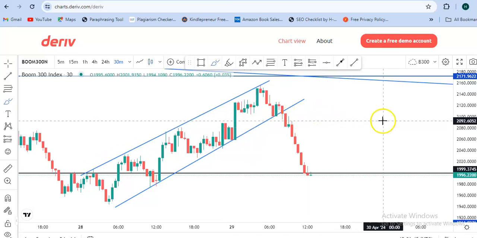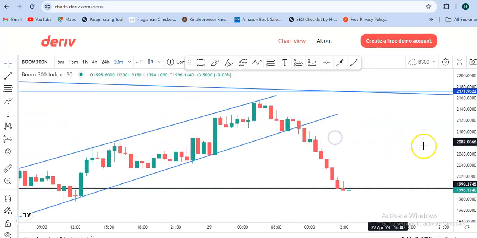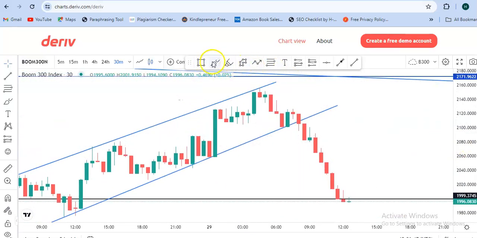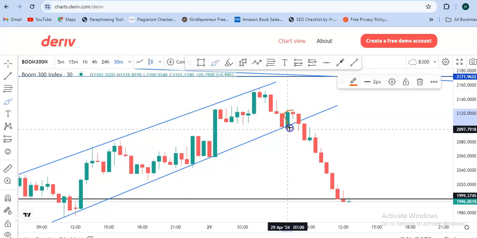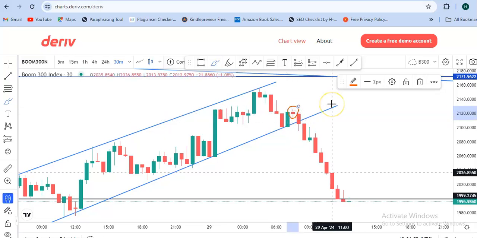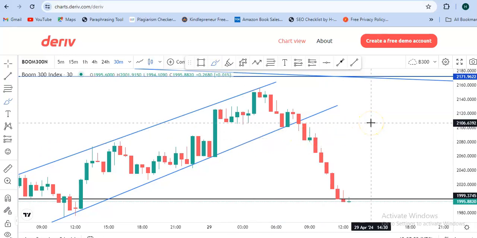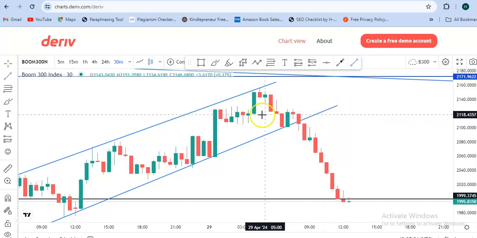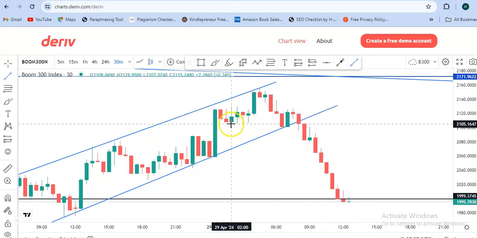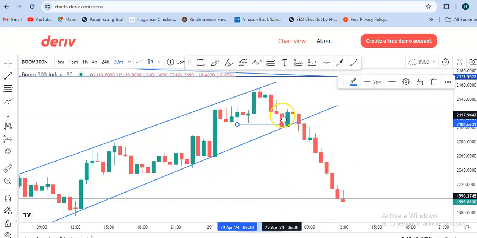All right, guys, look at it here. You can see what happened here. On the 30 minutes time frame, this is a big bodied bullish candlestick and a small bodied bearish candlestick. And what I used to tell you guys is we want to see the market changing direction and going below the previous low, like this, the previous low the market went to before it was able to create this last high. So noticing that the market has gone below this low,